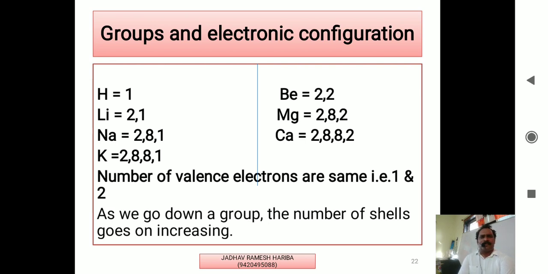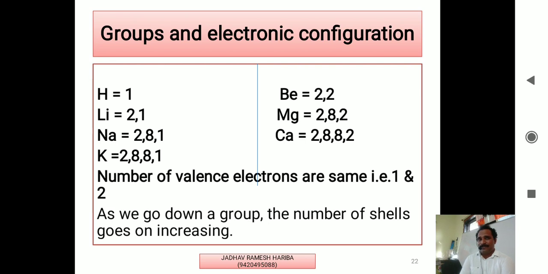In this group the number of valence electrons is the same, that is 1. Therefore, as we go down in the group, the number of shells goes on increasing, but the number of valence electrons is the same,